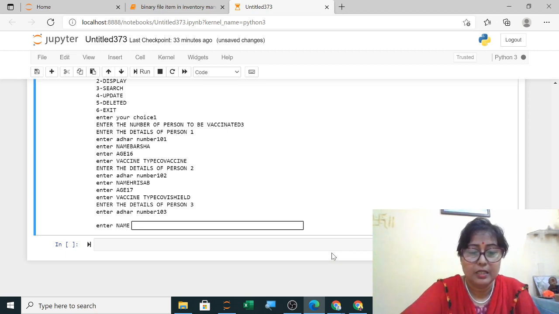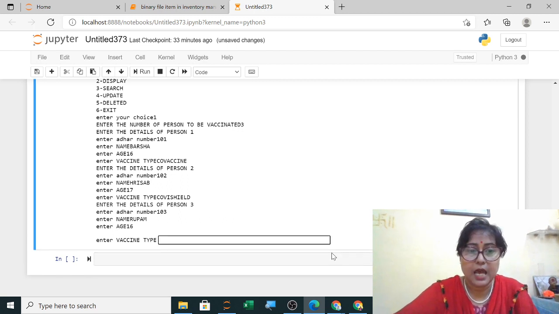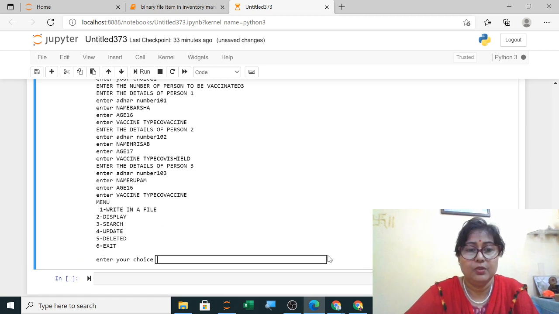Then the name, age, and vaccine, Covaxin. I am entering false data here, but when you do it, you enter the original data of your family.